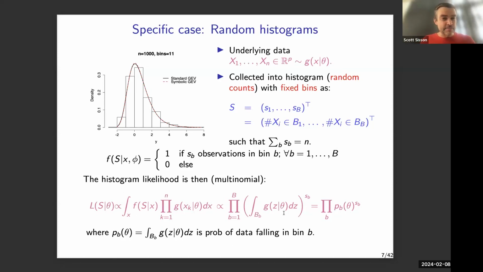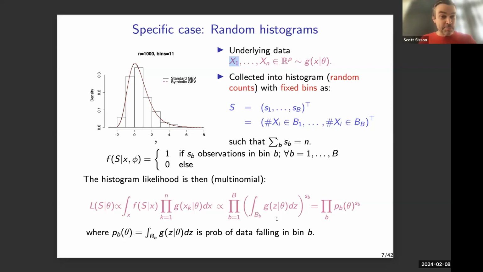Now, why are we doing that? Well, if we consider x1, what contribution is x1 making to our likelihood? X1 is going to fall somewhere in our histogram in the picture down here. Let's suppose it falls between 0 and 1. What is the probability that a data point will fall in the bin between 0 and 1? Well, if there's a density, the probability of getting an observation in some range is just the integral of the density between these 2 points. And that probability is the probability that we'll get a data point falling in that bin. So that's exactly what this integral over the bin is: the probability that an observation falls into a bin.